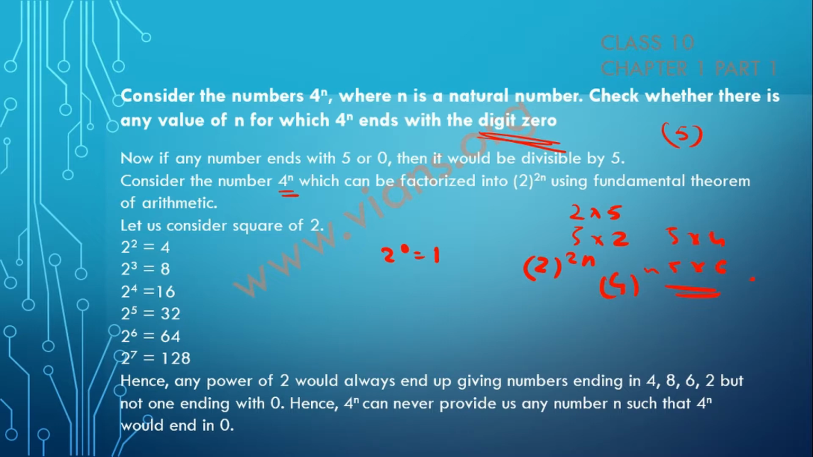But whatever your n is, it's never going to result in a number with a 0. Therefore, there is no such value of n for which 4 raised to n will end with a 0. Take 2 squared, 2 cubed, 2 to the 4, 2 to the 5, 2 to the 6, 2 raised to 7, 2 raised to a million, whatever you take, it's never going to end with a 0. This pattern repeats: 4, 8, 6, 2, 4, 8, and if you take 2 raised to 8,